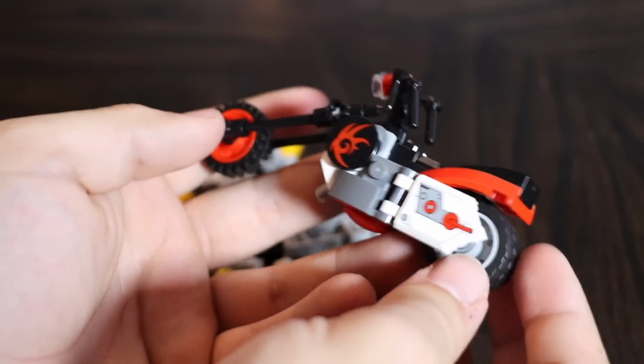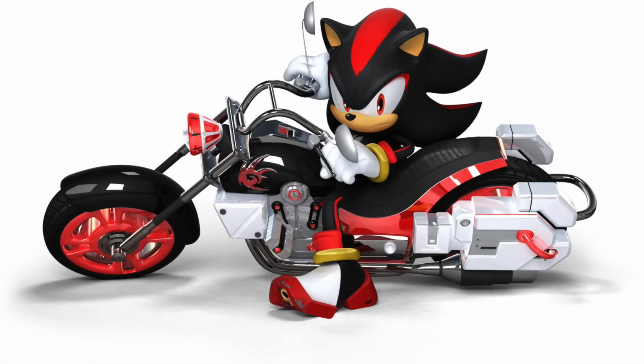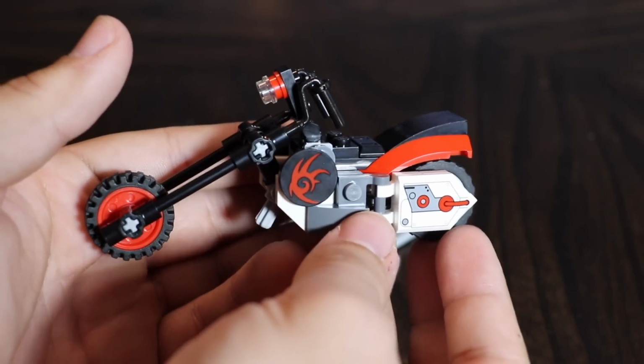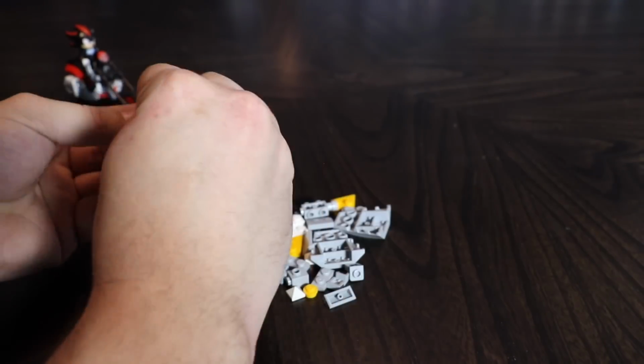And here it is, and no surprise, I loved this. It's incredibly faithful to Shadow's motorcycle, even having some of the fine detailings on the printings on some of the bricks. I can't believe how good of a job they did with this. I'm just so impressed. But we're not done with bag 1 just yet, as we still have Rhinobot to build,